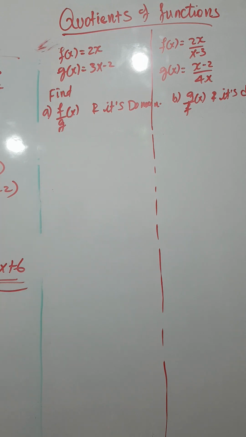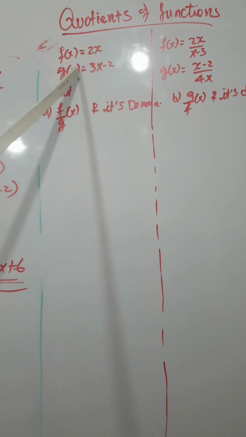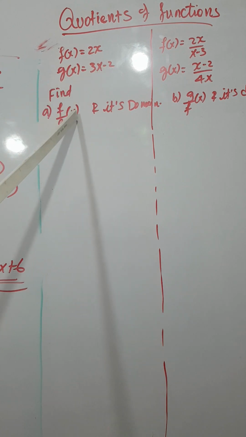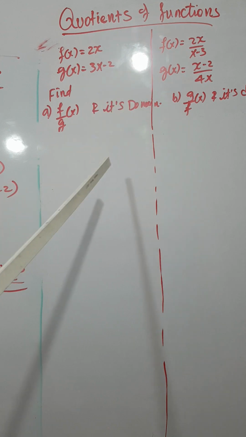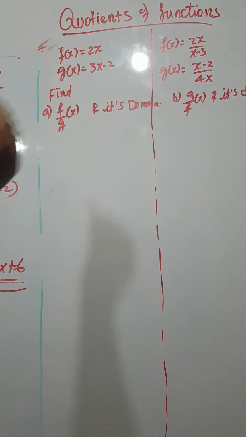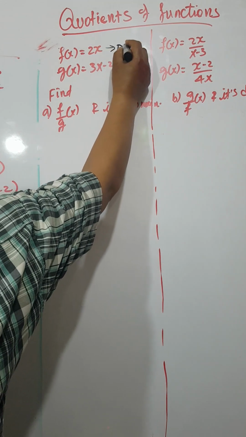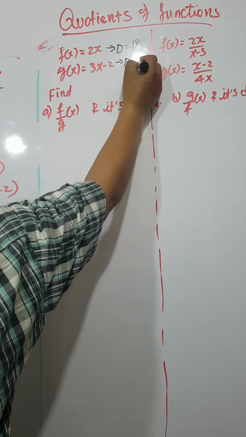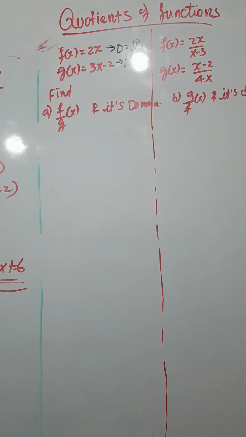እዚህ ሁለት ፋንክሽኖች አሉ። ኦኬ f of x is equal to 2x, g of x is equal to 3x minus 2. Find f over g of x and its domain. ኦኬ መጀመሪያ የዚህ ዶሜን ማን ነው? It's the set of real numbers. እዚህ ውስጥ any number ቢገባ ኢፌክት የለውም። ስለዚህ ለዚህ ዶሜን is equal to the set of real numbers።